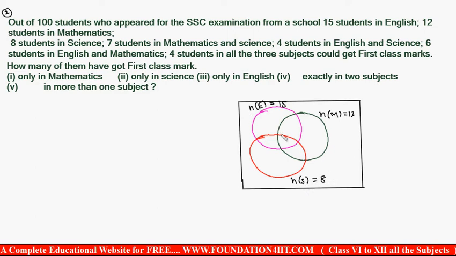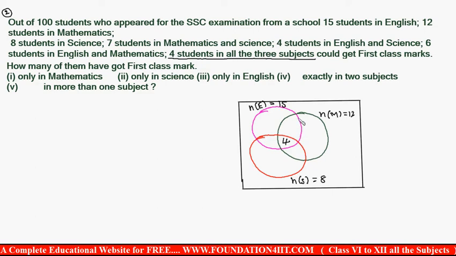Now I can represent this. So this English and maths combination part is combined. And if you notice, 7 students in maths and science. First let us go for the combination, total how many. Here you can see 4 students in all the 3 subjects. So that 4 should be kept in the common place. These 3 sets' common place is 4.